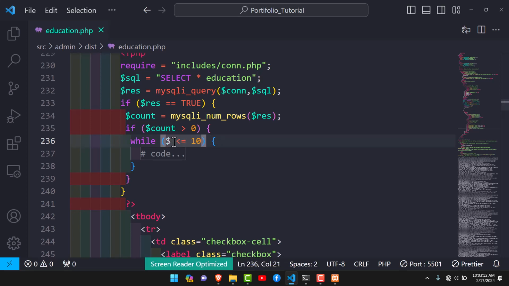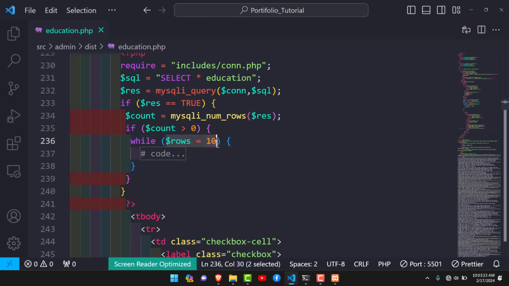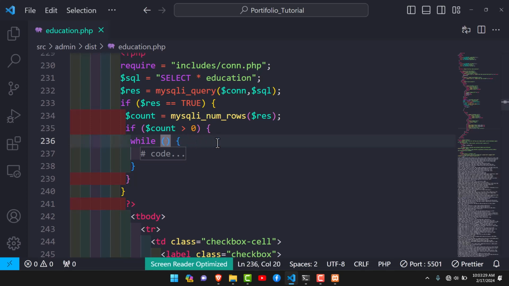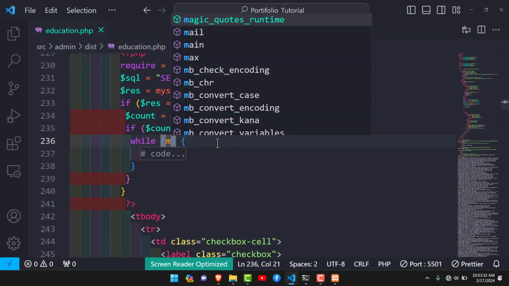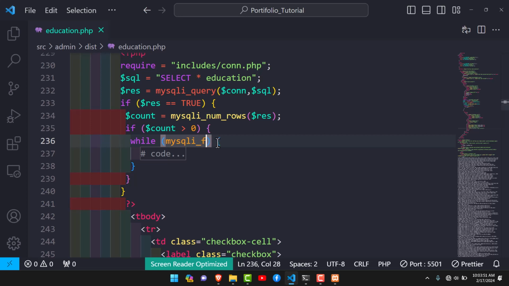So the variable will be equal to rows. Of course, you can even call it row, and I'm going to set that to be equal to, now here, I'm fetching the records. In fact, if we do it our way, we are saying we want to fetch the information from this table, because we've already seen that one row means we have some records, 2 rows means we have some records, 3 rows means we have some records, 0 rows means we don't have any. So we are assuming that we have at least one, and so we are now fetching this information by saying